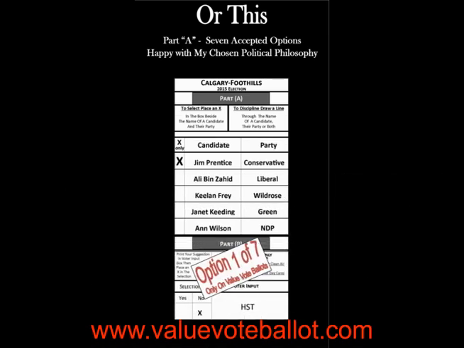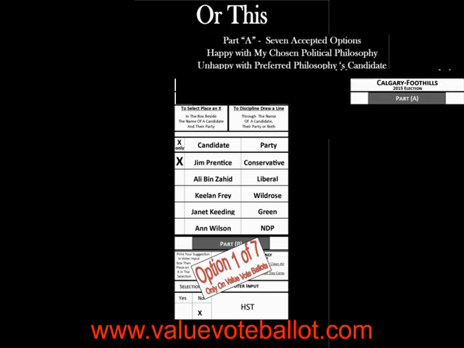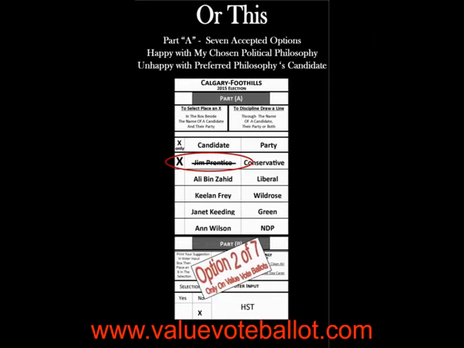Option number 1, X only, would be used by all Albertans who still trust and believe in a Conservative philosophy and a Conservative candidate who wants to represent their riding. Option number 2, a selection X with a line through the candidate's name, shows that the voter is a believer in Alberta's Conservative philosophy, but has some reservations about the person representing the Conservative Party in their riding.